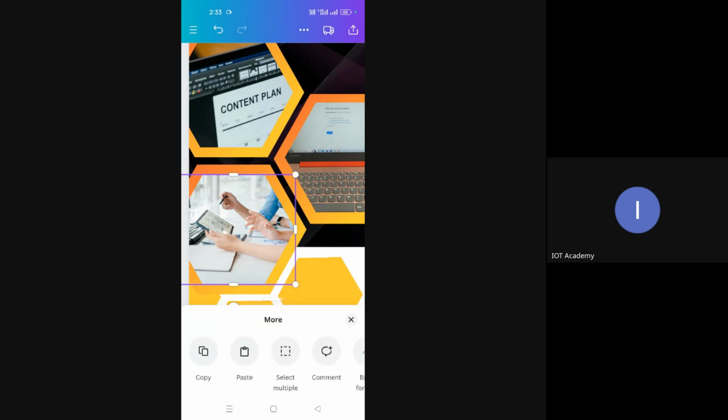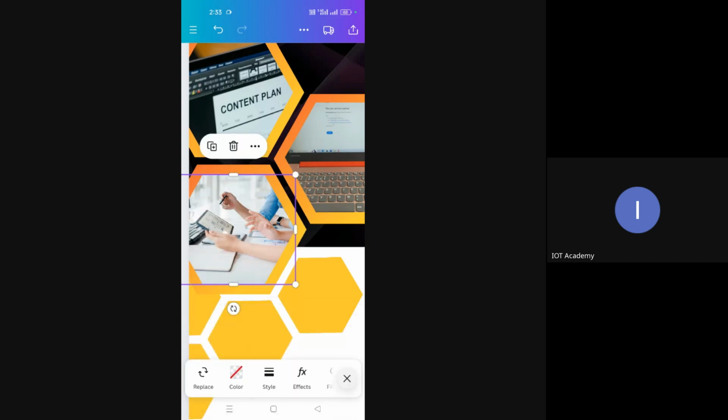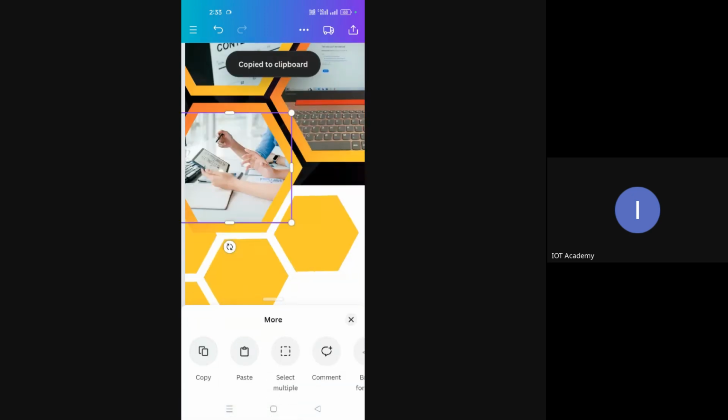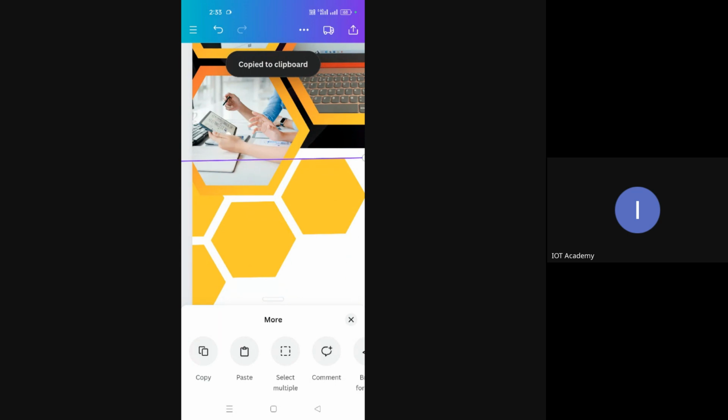Here you can see there are options available where you can copy this and paste it again. Like if you want the same picture again somewhere or in the same template, you can copy. Just tap on this, copy. Suppose I want to paste here.